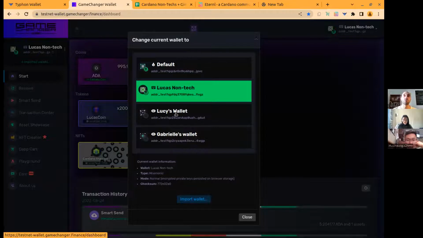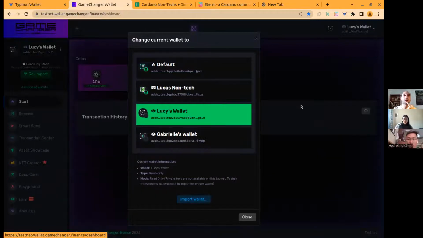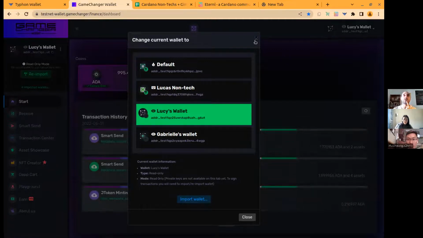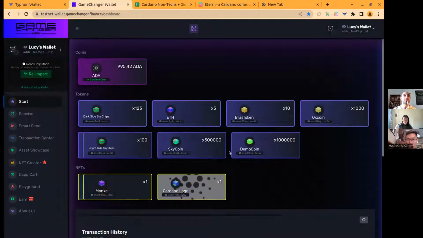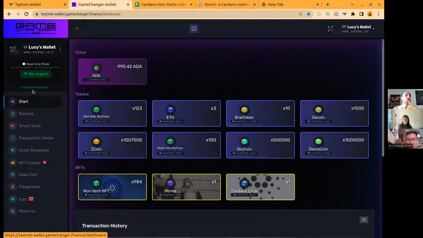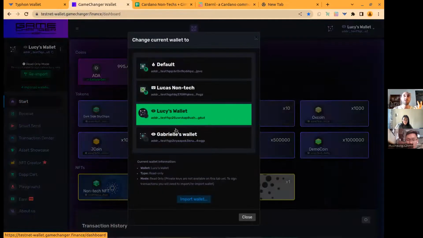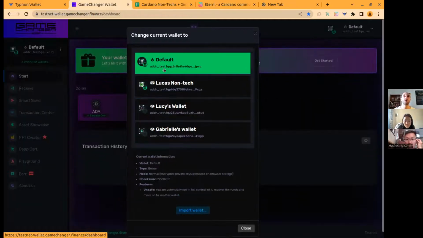I actually imported Lucy's wallet and Gabrielle's wallet just by the wallet address, not by the seed phrase. So I imported it as read-only, and I can see your address in my GameChanger interface there. The same way we can toggle between these three, we have this one here, which is a default, which is like GameChanger welcoming us to the session, to the tool. It's giving us a random address. And if I go to that one,